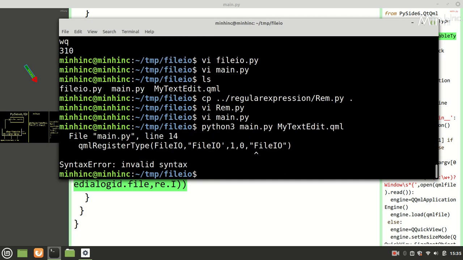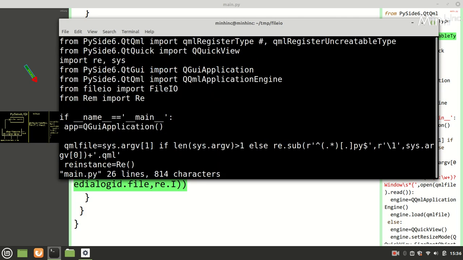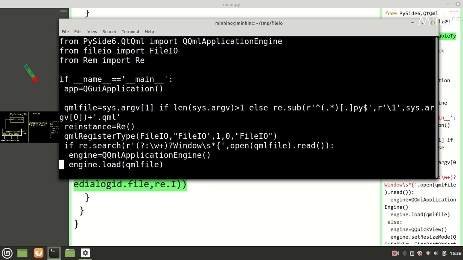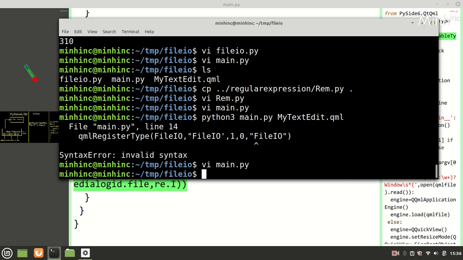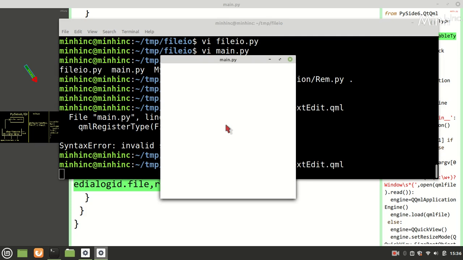Okay, so it is invalid. qmlRegisterType file IO 0 and file IO. qmlRegisterType. qmlRegisterType file IO. Okay, we are getting, we'll try to open a file.